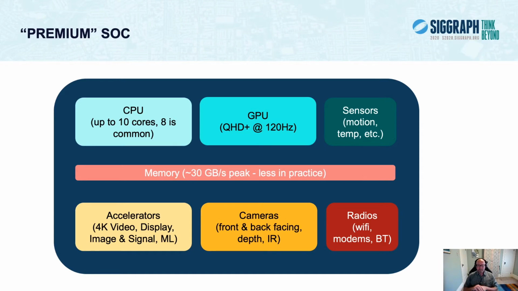But while most of these chips are used for smartphones, the SoCs and the smartphone OSs that run on them are very capable computing devices in general. What's pictured here would have run circles around the graphics workstations I worked on at Silicon Graphics, for example. Just as a side note, the memory block here just strictly talks about the bandwidth that's available on the SoC. The DRAM is actually attached externally, but for this configuration would be about 8 gigabytes typically.